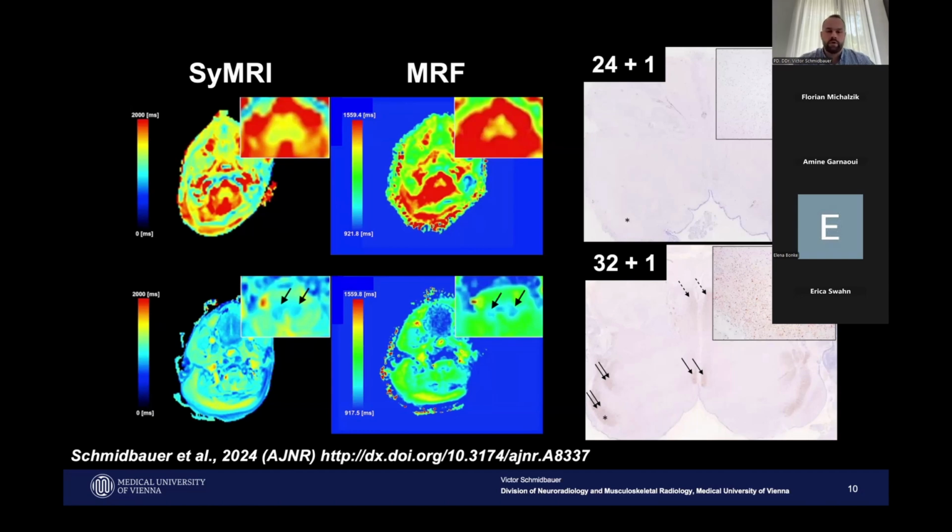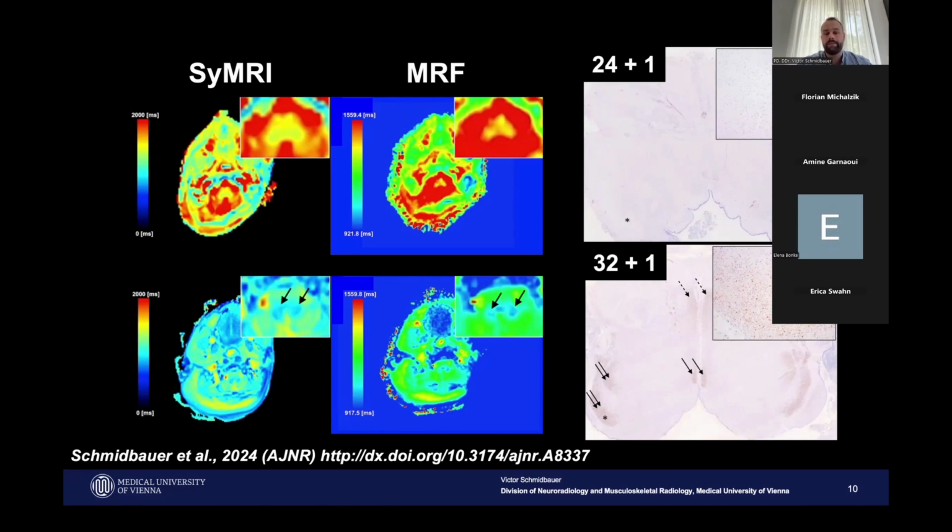You can see in the upper row, quite a young fetus. Imaging was performed at week 24+1. And on the right side, you can see a myelin basic protein staining. So this is considered a highly sensitive staining method to prove that there is myelin. And myelin would be appreciated as a brownish staining, which is absent in the upper case. And when we now take a look at the mapping techniques, on the left side, you can see a SyMRI map, a T1 map, and in the